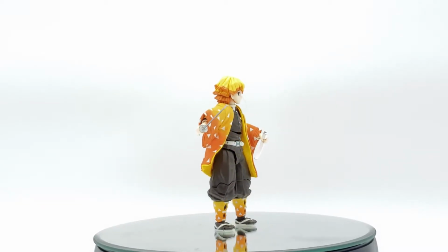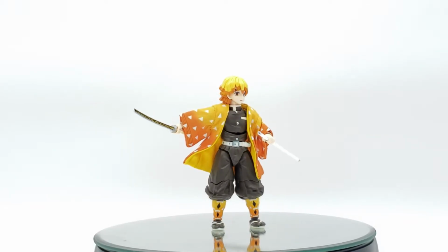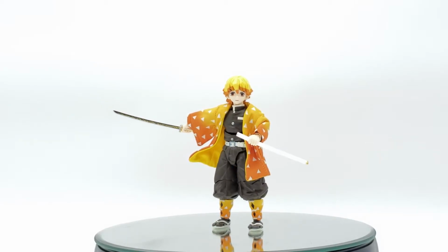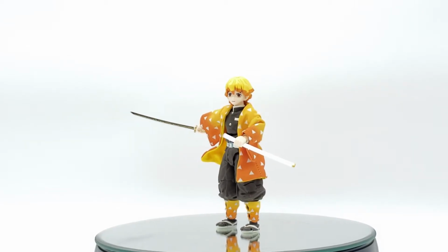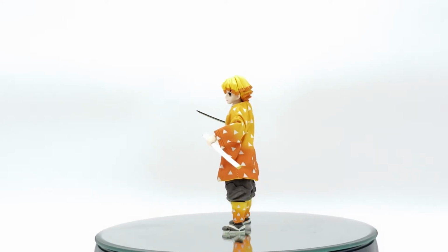So I wanted to get some kind of pose just to have the sword showing and show a little bit of the wiring on the robe. So I figured this was a decent pose right here, just to have some of the sword out of the sheath and then the robe showing also with the wiring effects there. So when I was messing around with him,